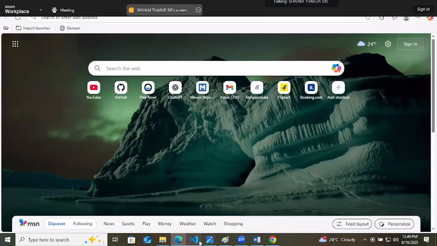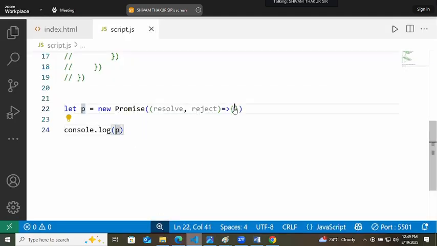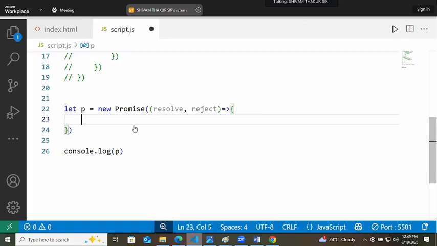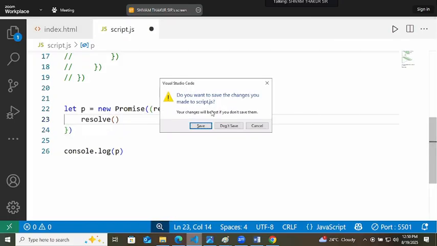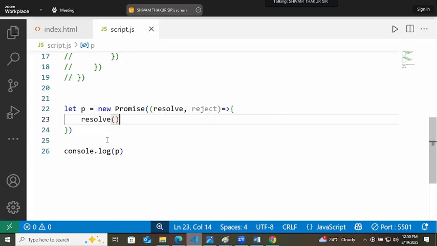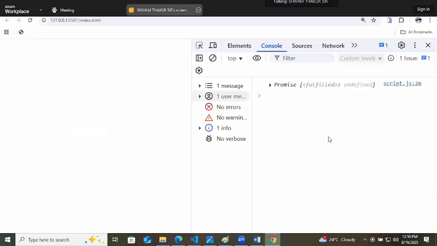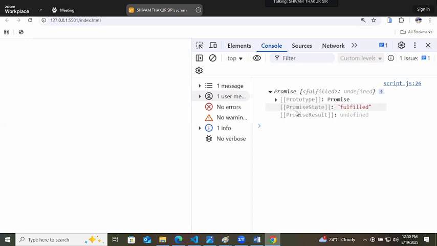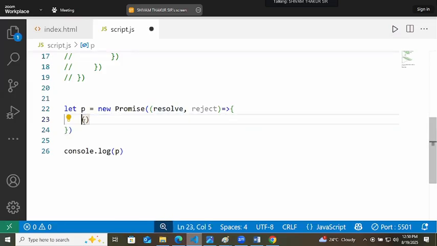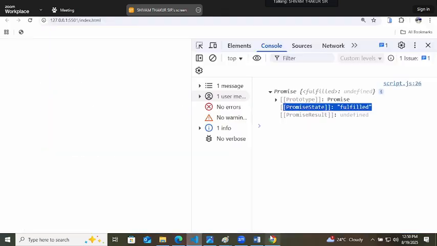Now let's check it. In this promise, we have resolve and reject. I will resolve this promise, which is an inbuilt function of JavaScript. Resolve. Go there. Here the promise is printing on the console. What is the state of the promise? Fulfilled, because the promise got resolved. If you call reject, you are rejecting the promise.